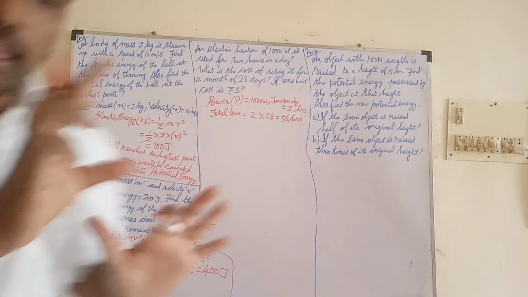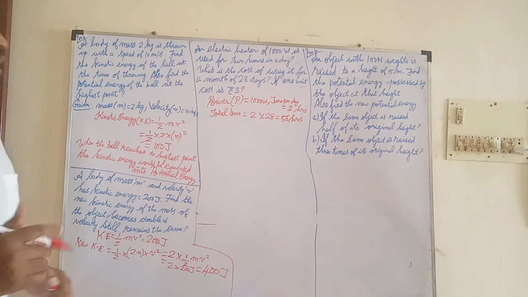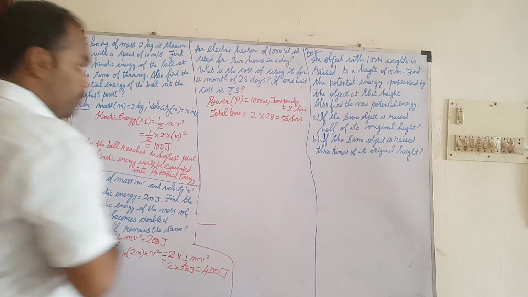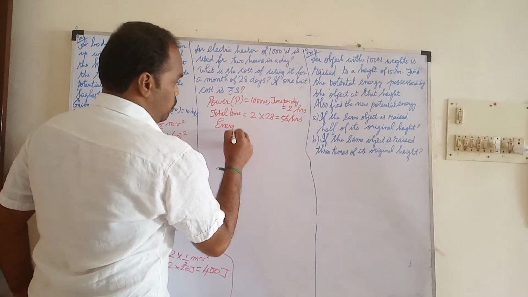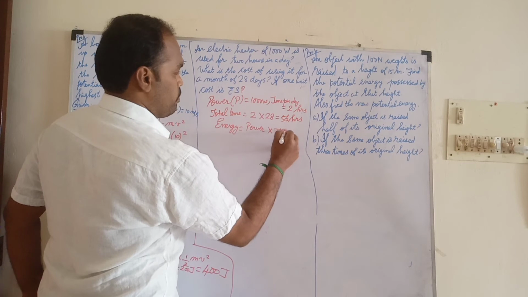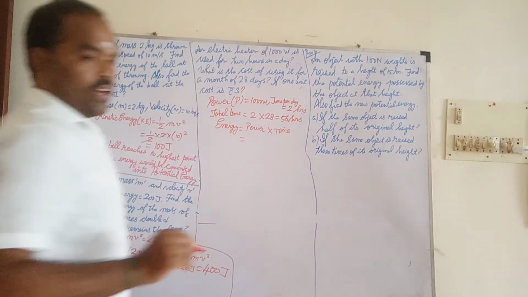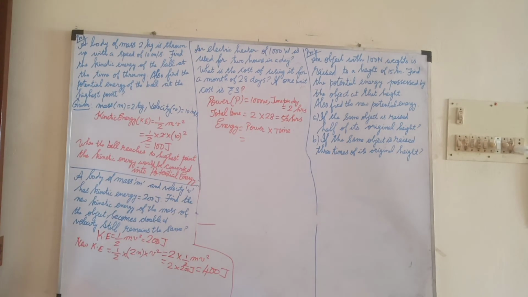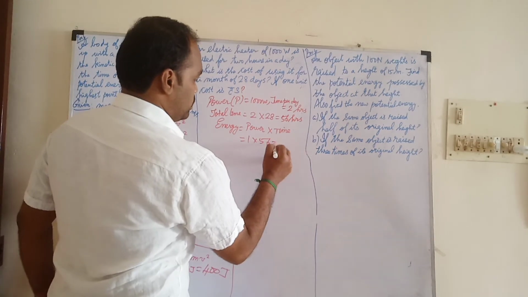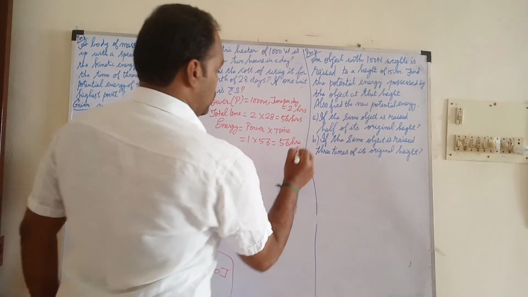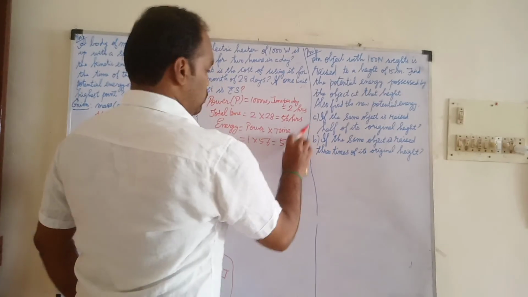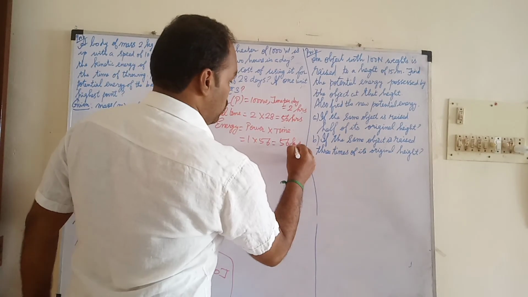Are you able to get it? Yes, sir. Any doubt means at the time itself you please ask me. Okay. Then next, 1 unit cost is 3 rupees, correct. So energy equal to what? Energy means power into time. So time is how much? 56 hours. Power equal to 1 kilowatt into time 56. Not 56 hours, 56 kilowatt hour, because work unit is kWh, kilowatt hour.